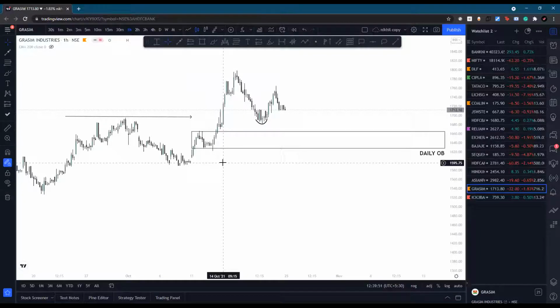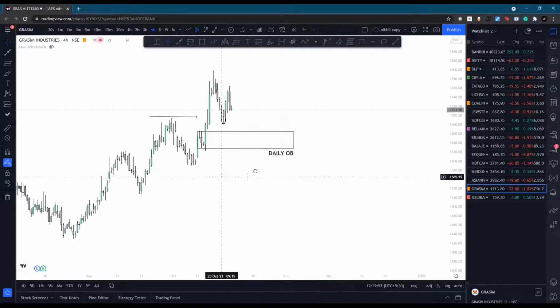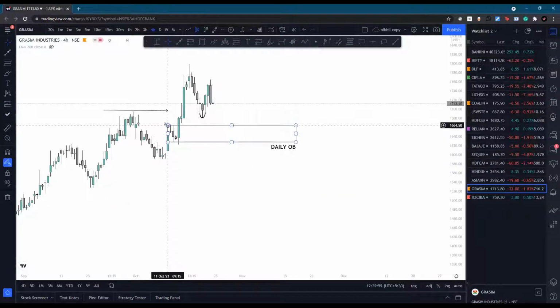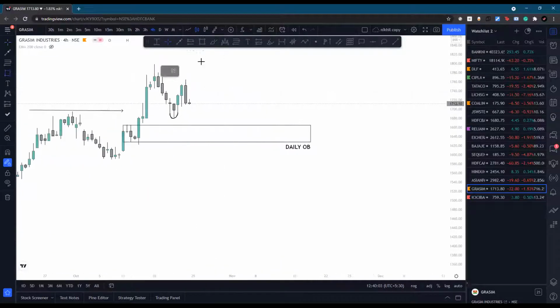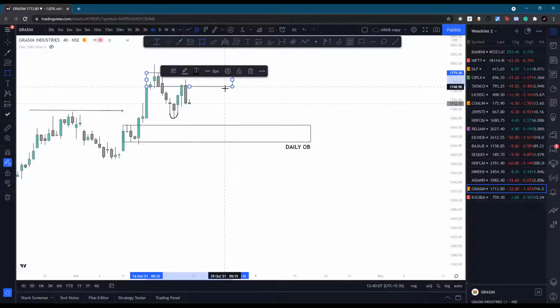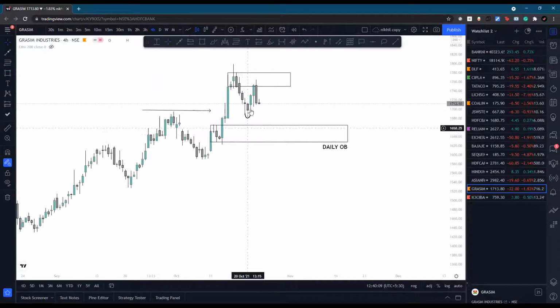We have a liquidity below, correct? So it will definitely tap to that liquidity. All right, let's look for a very short order block level for our targets. Okay, so this is the bearish one. If we want to go long, we can go long from here, and this will be our targets.